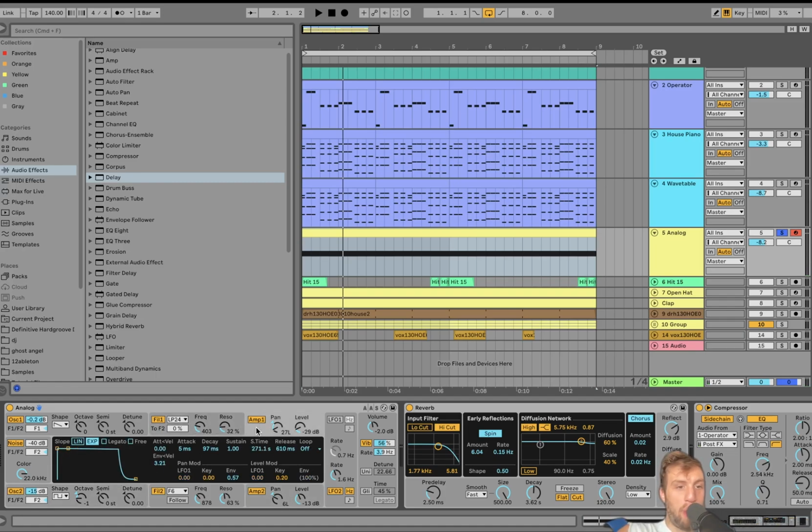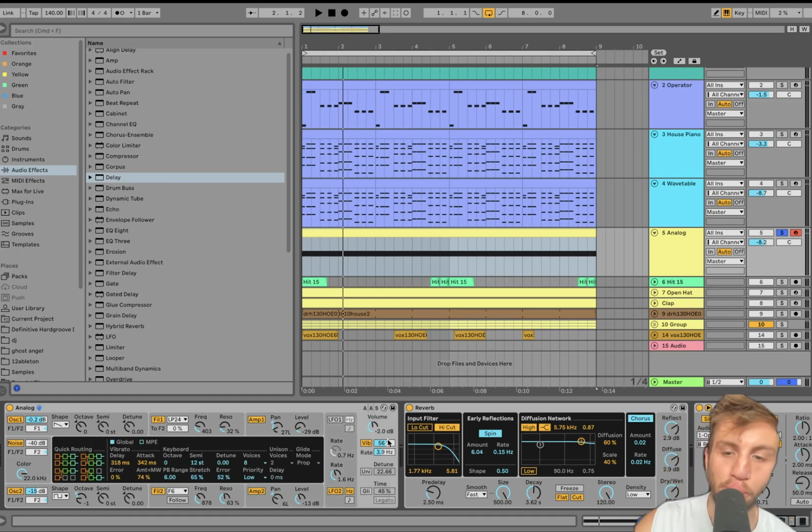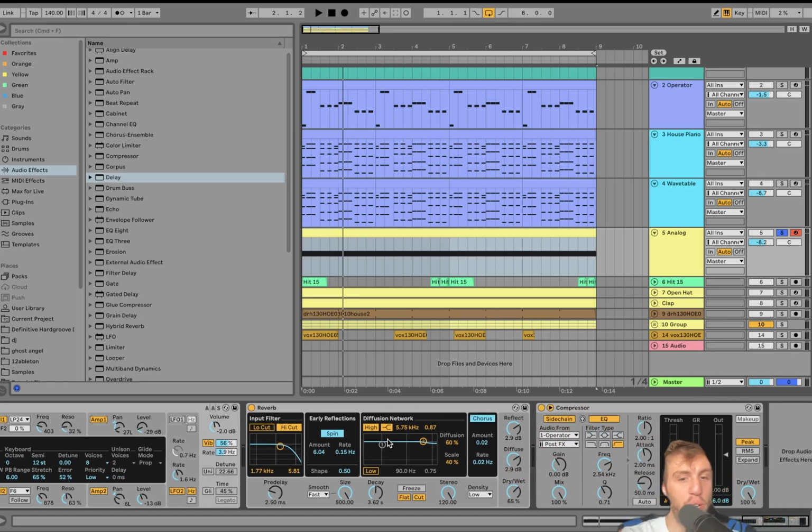Filters, and then we got our amp envelopes, basically the same. There's that LFO on the pitch of oscillator 2, and then just a bit of vibrato to give it some life. Then we just have a pretty high dry/wet reverb. That's another secret for making these string sounds from scratch. If you turn it off, you're starting to hear that it's a saw wave, right? But then when you bring in this reverb,